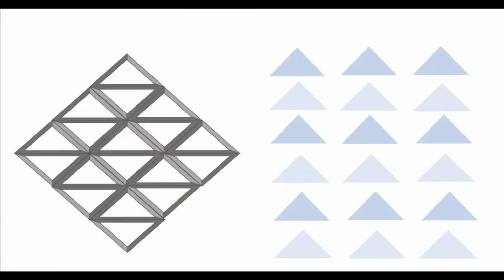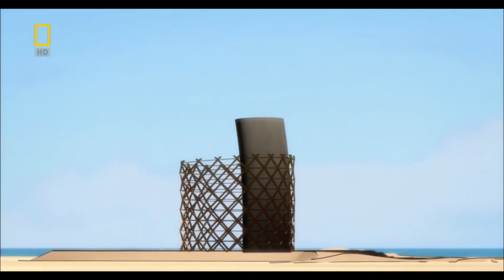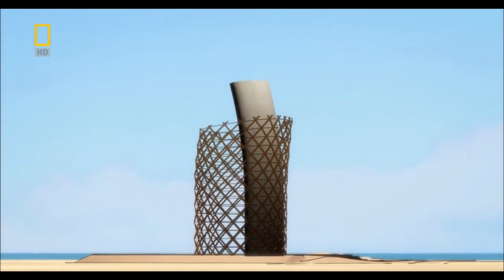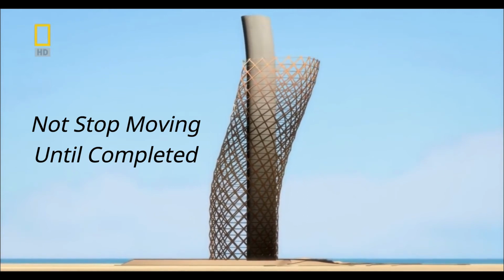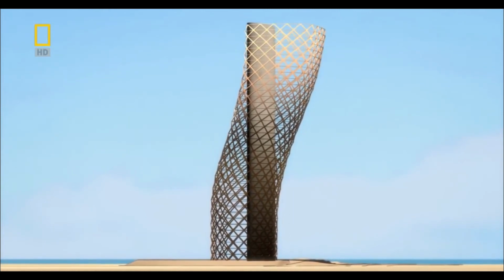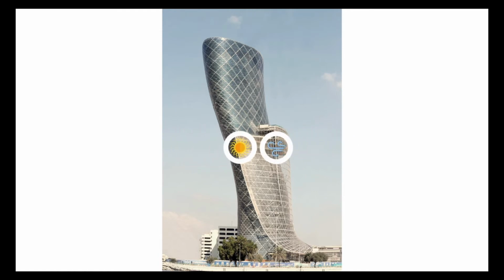These glass cladding had to be ensured to fit in the perfect position, and more than that, they had to be able to accommodate massive movement compared to a normal skyscraper. We have mentioned before that the Capital Gate Tower's precambered core straightens as it grows, so it means that the skyscraper will not stop moving until after completion. Even more than that, the tower also had to embrace Abu Dhabi's difficult climate conditions